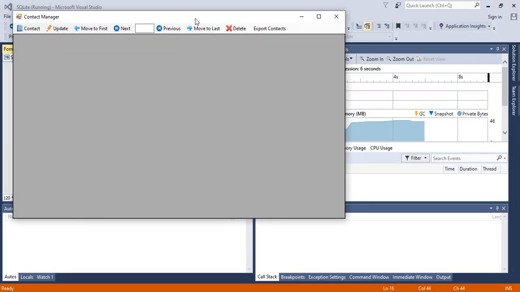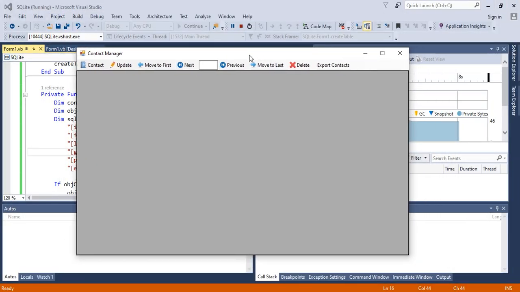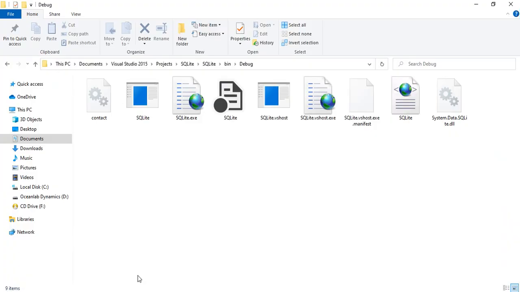So now our form has appeared. That means everything went okay. And if we go to the debug folder of our SQLite database project, we can see that there is the contact database file here. So that means everything went okay,